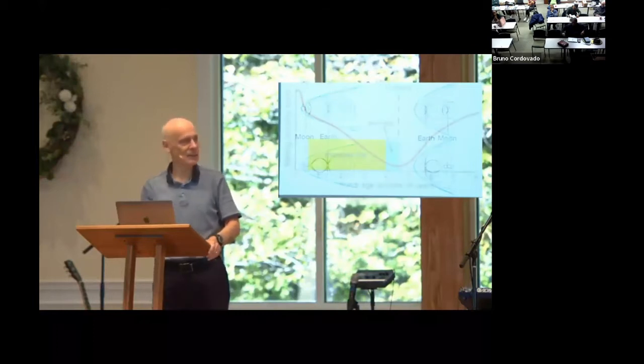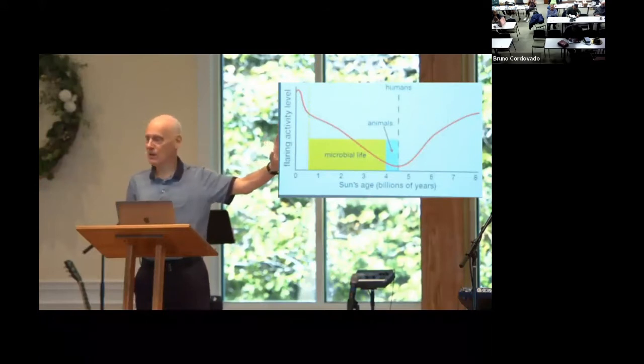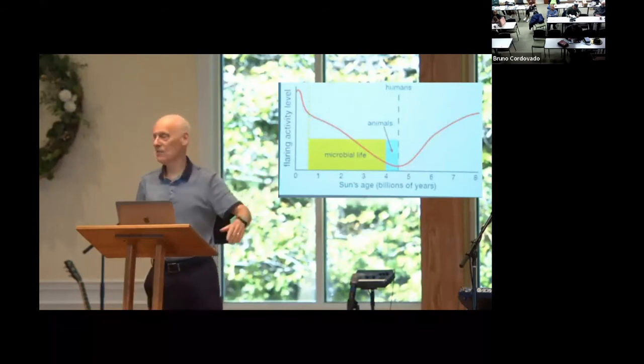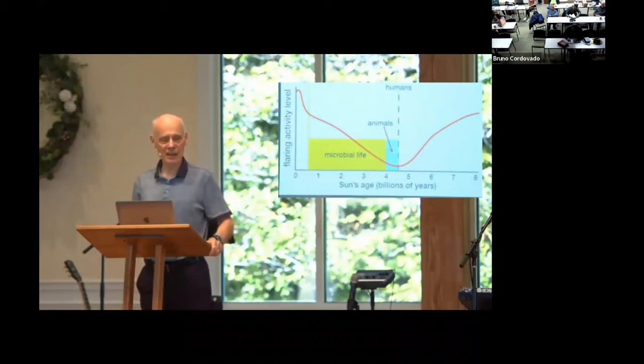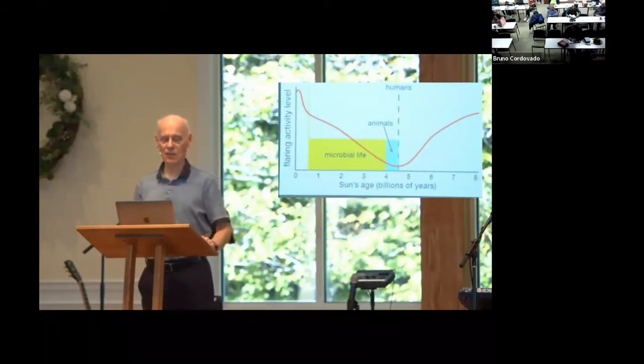it also explains why we see the history of life that we do on planet Earth, where for the first 560 million years there is no life. The solar radiation would have made that impossible. Microbes are much more tolerant to solar radiation, and that explains why for the first 3 billion years of life history, all we have is microbes. The sun has to quiet down enough to make possible plants and animals, and then there's only a 100,000 year wide window where the sun's radiation is quiet enough where we human beings can exist.